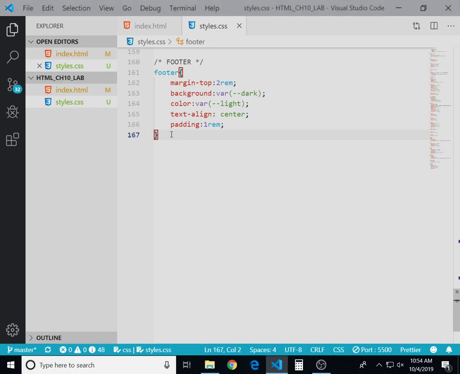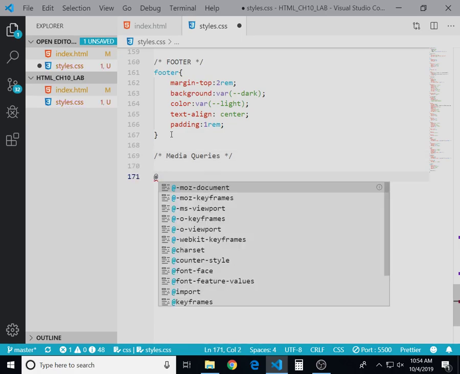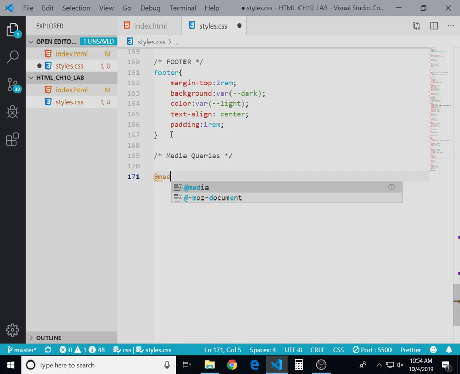Okay, last chunk of CSS is going to be our media queries, which is going to obviously change what happens when we look at the page in different devices. So our media queries, we will start with these, can be written different ways. Probably the easiest